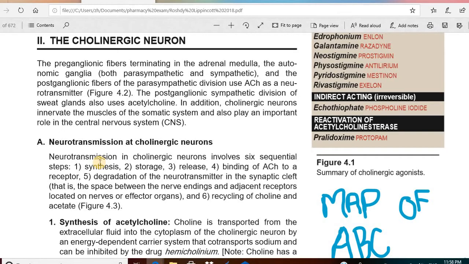So cholinergic neurons, the preganglionic fibers terminating in the adrenal medulla, the autonomic ganglia, both sympathetic and parasympathetic, and the postganglionic fibers of the parasympathetic division use acetylcholine as a neurotransmitter. So this is the very important point for your multiple choice question, that the preganglionic fibers in autonomic ganglia, both parasympathetic and sympathetic, और पोस्ट गैंग्लियोनिक ऑफ पैरासिम्पथेटिक रिलीज एसिटाइलकोलिन. सो सिंपथेटिक का जो प्री गैंग्लियोनिक है वो भी एसिटाइलकोलिन रिलीज करता है, एंड इन दिस वे